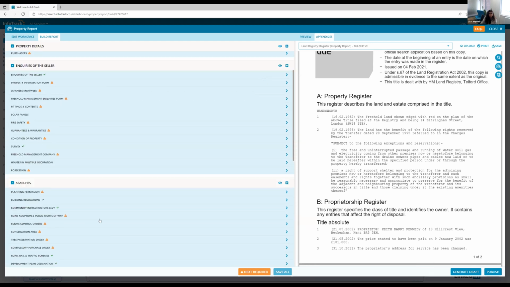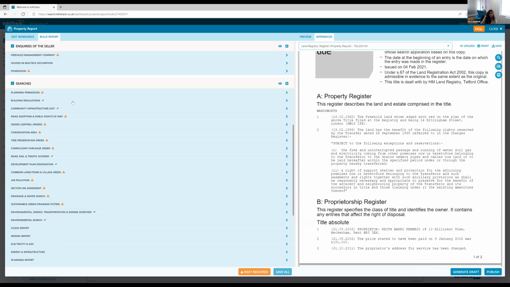That's the inquiries section. So the searches section here is again a section where we pre-populate a lot of the data from. So if you order a regulated local authority search through InfoTrack, we're able to read and risk assess